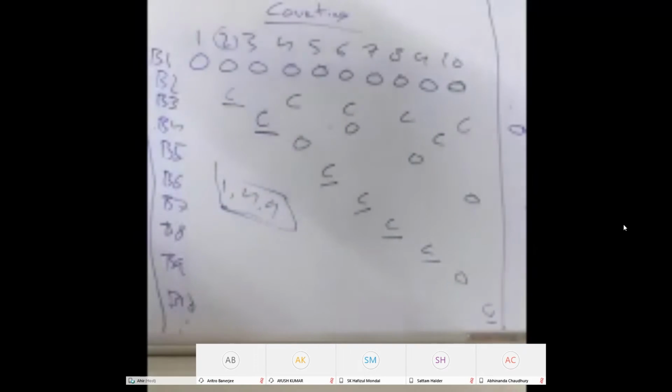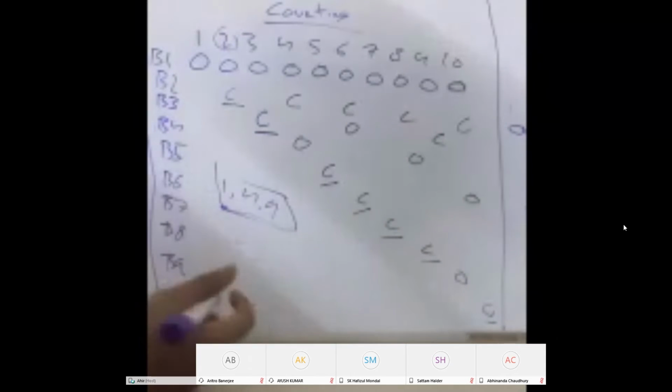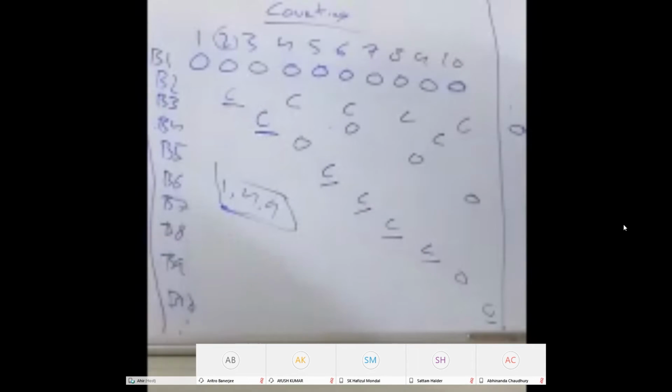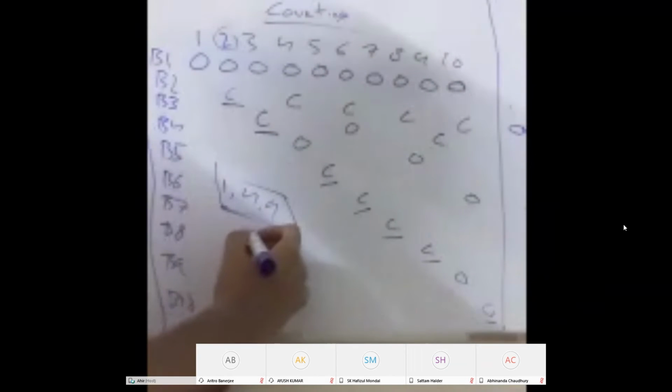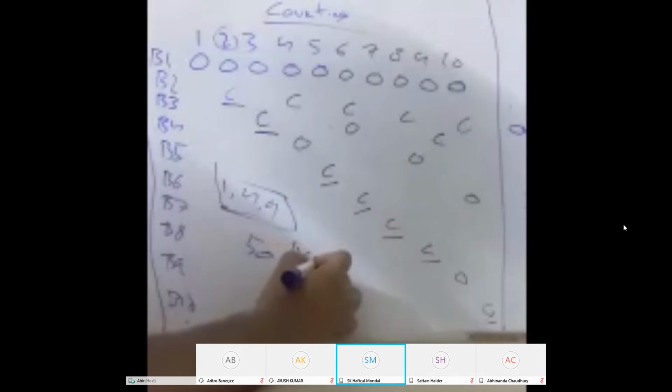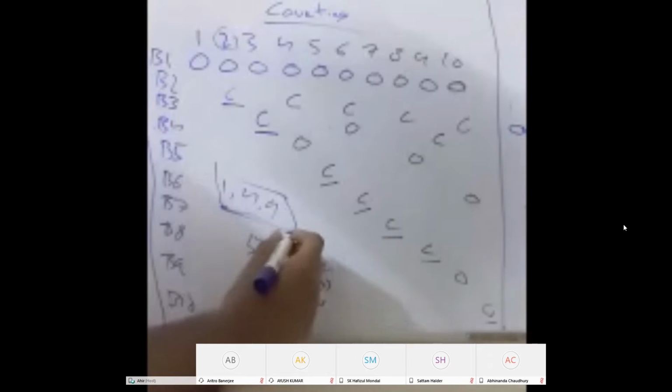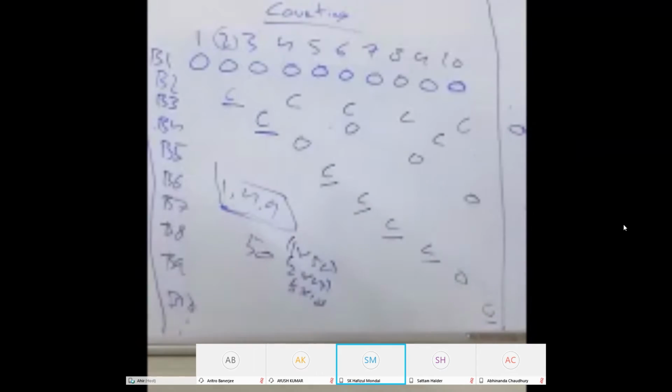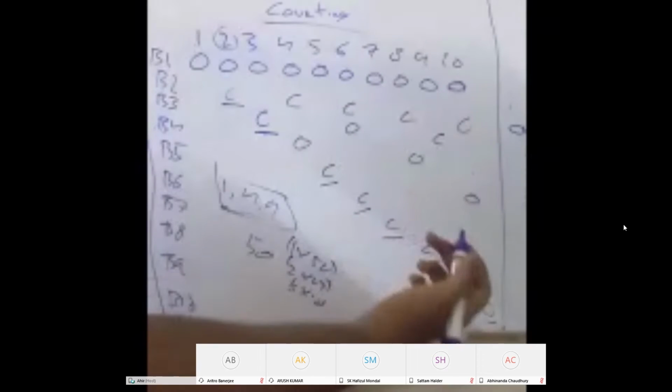Yeah, exactly. So if you take any non-perfect square number, you can always pair up its factors, right? So if you take the number, say 50, you have 1 into 50, you have 2 into 25, you have 5 into 10. So you can pair up these factors. So the number of factors is an even number. If you take a perfect square, like say 30,